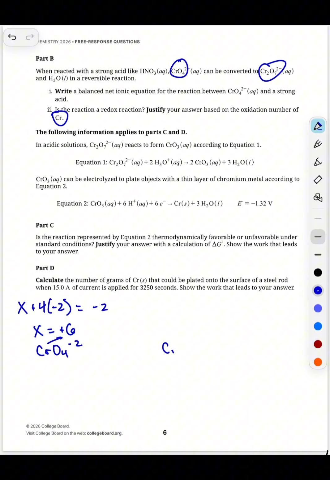Then we do the same process, but for the other ion. If you take a look, we know that we have twice as many chromiums here. So the sum of the oxidation numbers is still going to be -2, right? We have 2X now for chromium, and then we add that to the 7 oxygens, all with a -2 charge. So then we get -14. We bring that over, and then we simplify this, divide by 2, and so it is still going to be +6 per chromium atom. So I'm going to go ahead and say no, this is not redox,